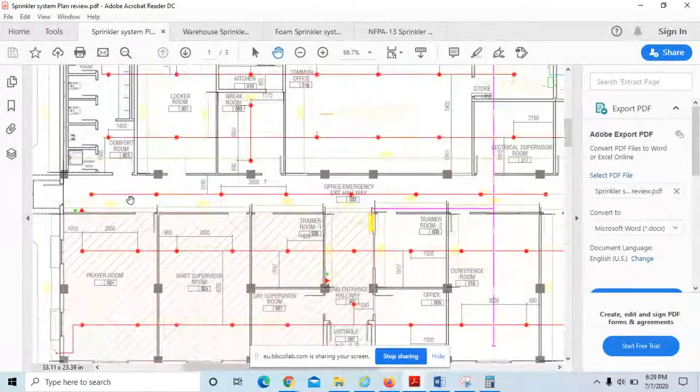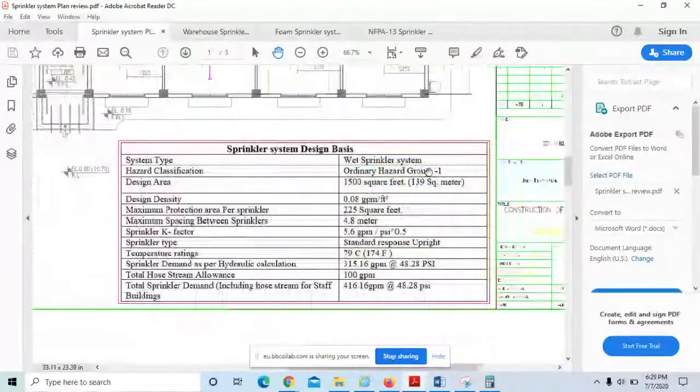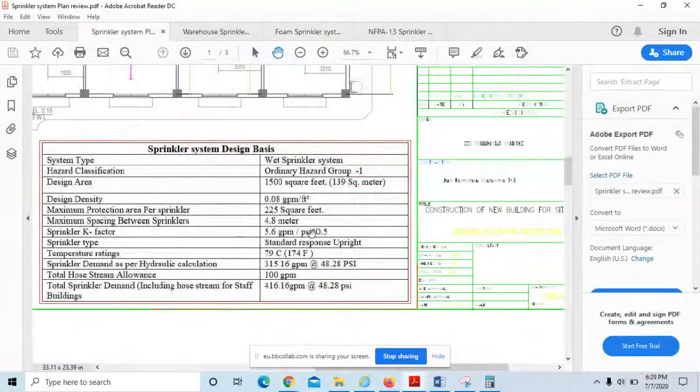No one will make this much mistake, because I made lots of mistakes just for you guys to catch, but you guys didn't point at those locations, as I explained before. So what I'm going to do, the next one, I'm not going to help you out. Next one, I'm going to give you an assignment with warehouse sprinklers, and you have to list out the mistakes in those drawings.